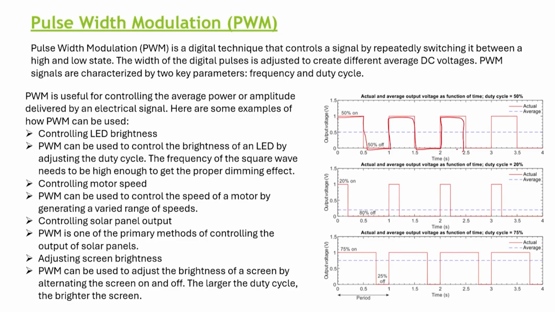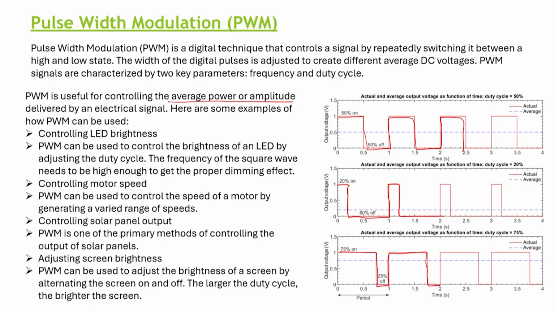And then if it is say 20% on, 80% off, then you get it on for a smaller duration of time, and most of the time it is off. Then it comes on for a smaller duration and comes down. So, you create a different on-off sequence. If it is just the reverse, 75% on, 25% off, then you get a different type of pulse that you can control. Now, pulse width modulation is very useful in controlling the average power or amplitude delivered by an electrical